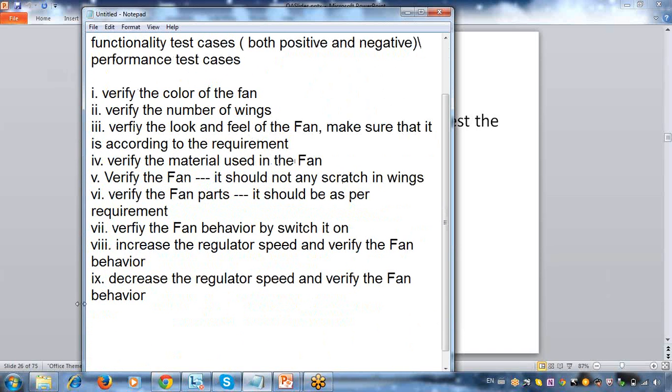Okay. Verify the fan behavior by switching it off. Okay,